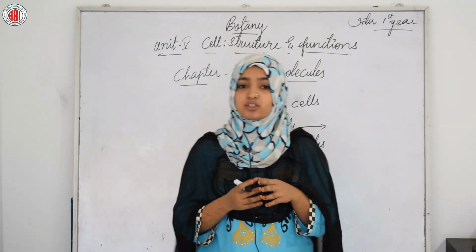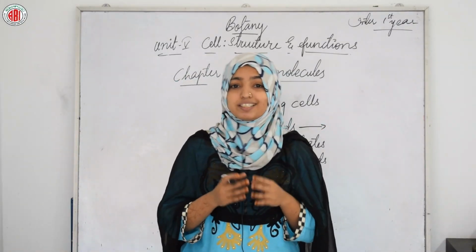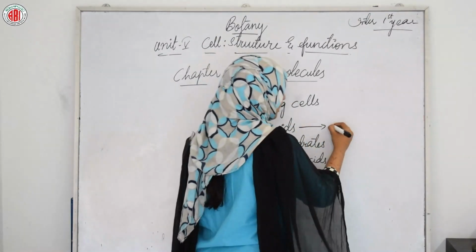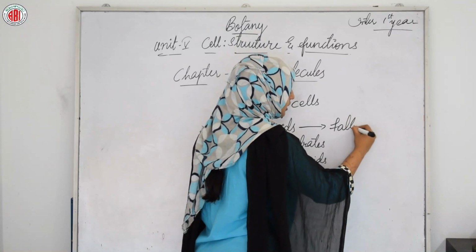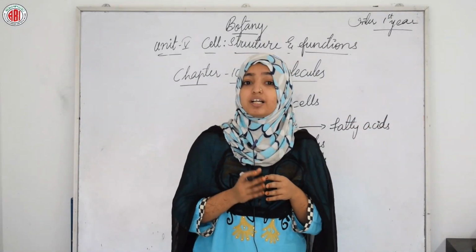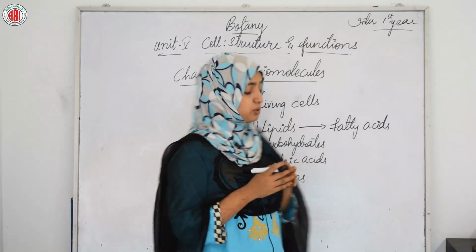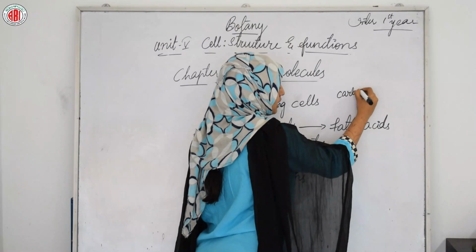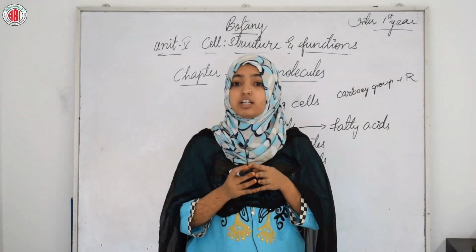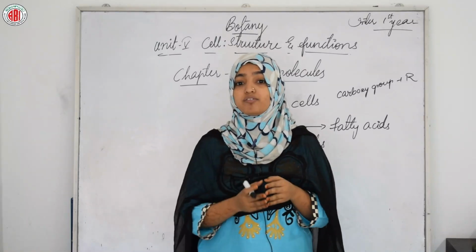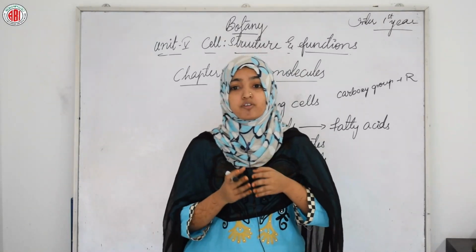So what are lipids actually? They are generally water insoluble. They could be simple fatty acids. So we can say that lipid is another name for fatty acid. A fatty acid has a carboxyl group attached to an R group. So that will be a formula where the carboxyl group is attached to an R group. The R group could be a methyl or ethyl or a higher number of CH groups, so it may differ from one to another.